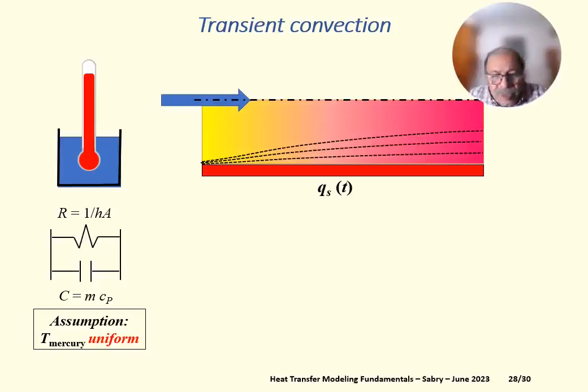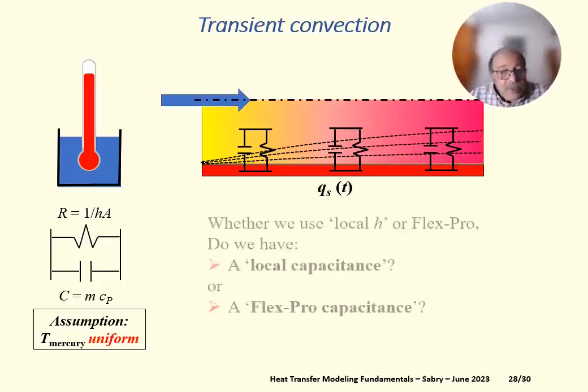How can I model this? I can model this using thermal resistances. It's completely stupid, because this is a capacitance effect. I have to model this using capacitances and resistances. They can be different sets of RCs because we don't have the same temperature in the fluid. It's not like the thermometer where we have assumed uniform temperature. But I cannot assume uniform temperature, of course, in the fluid. It is being heated. So I have a different or variable RC that should be used to make the model